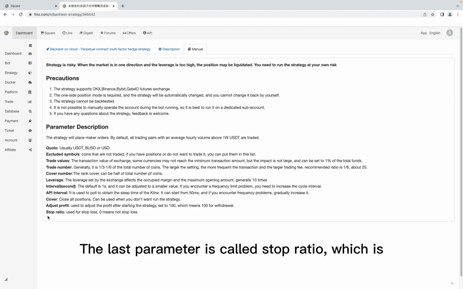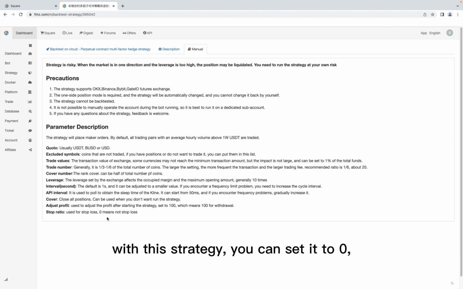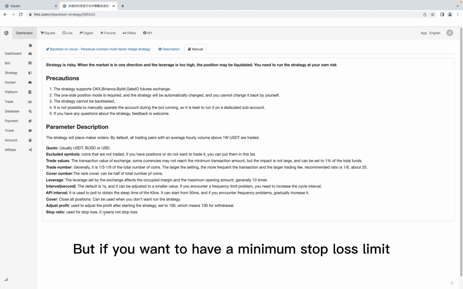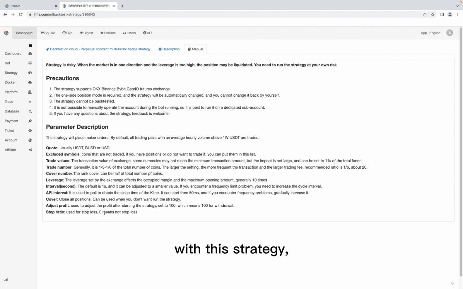The last parameter is called stop loss, which is also important. If you don't want to stop loss with this strategy, you can set it to 0, which means no stop loss. But if you want to have a minimum stop loss limit with this strategy, for example, you can set it to 0.9 here, which is actually a percentage. For example, if this parameter is set to